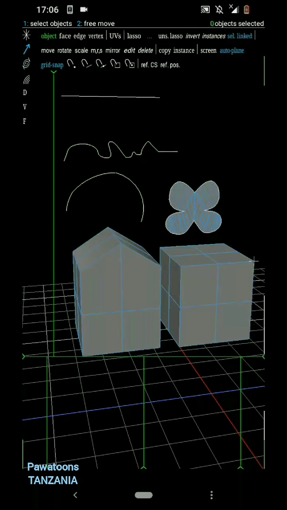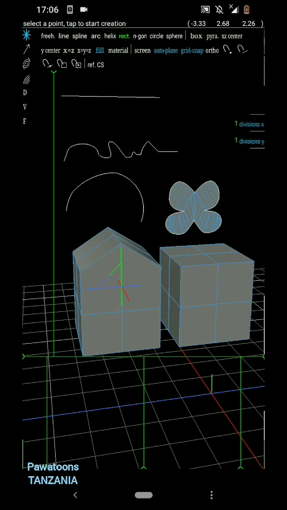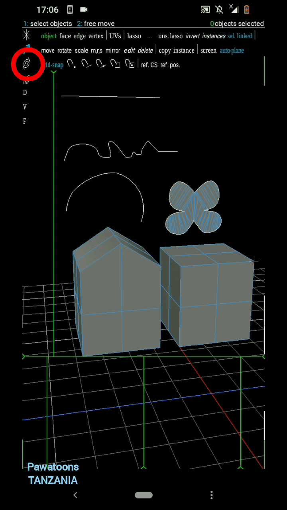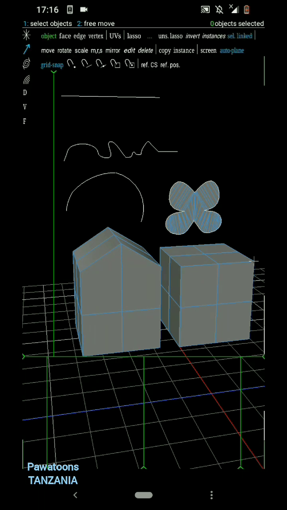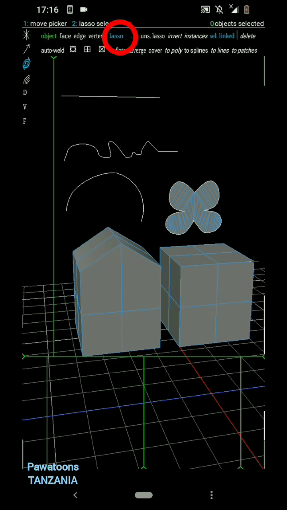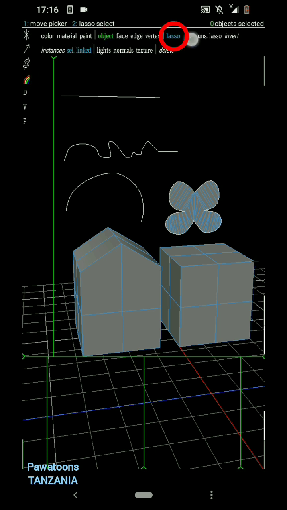There are many tools and commands for selecting, which can be used successively to select all the desired elements. They are available from the arrow, spiral and rainbow ribbon. By default, only the lasso tool is shown. The other tools are grouped in the selection rollout, which can be expanded or collapsed by tapping the symbol right